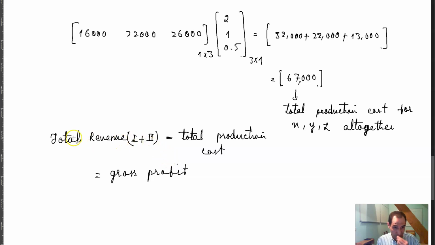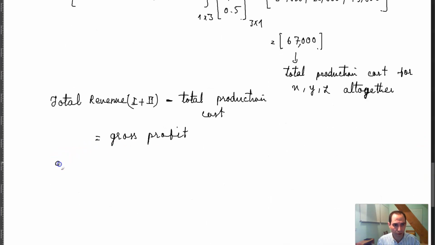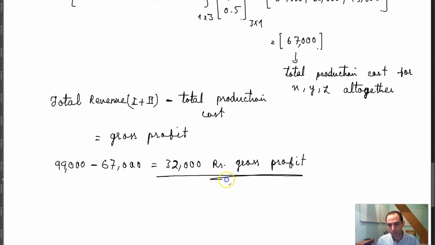The total revenue for market 1 and 2 would be 46,000 plus 53,000, which is 99,000 rupees. Minus the total production cost, which over here was 67,000 rupees, that is 32,000 rupees gross profit. That is the answer for part B of this question,